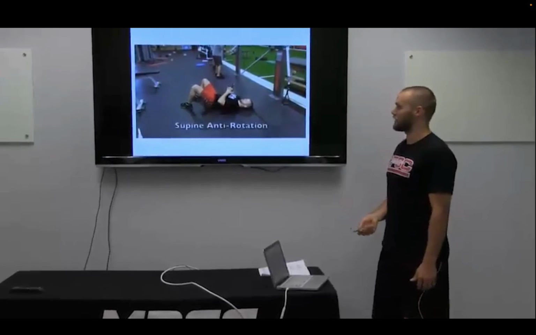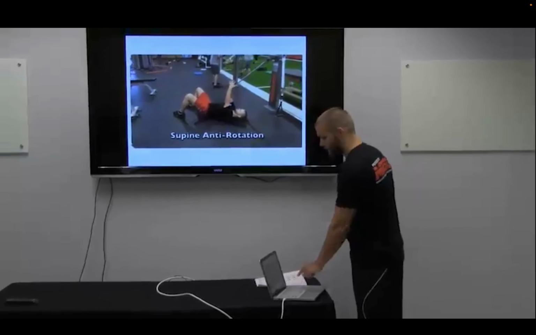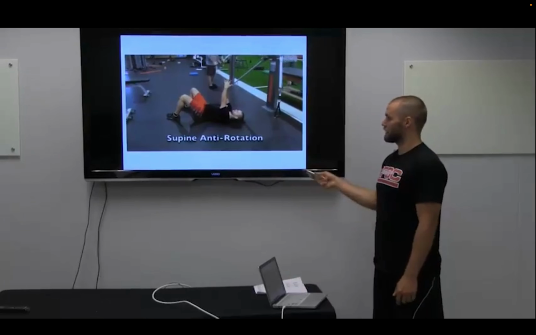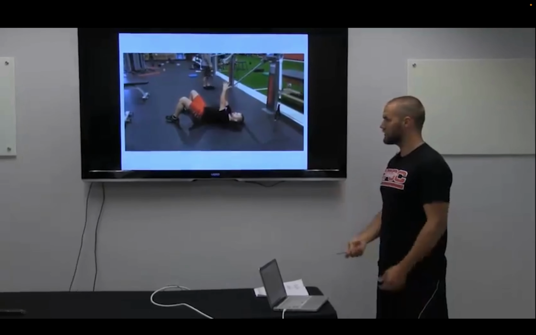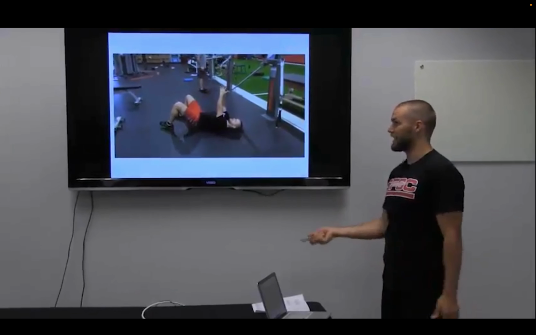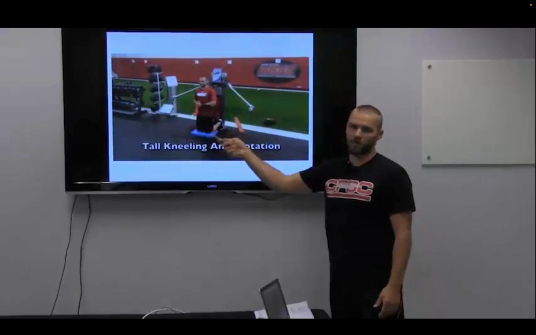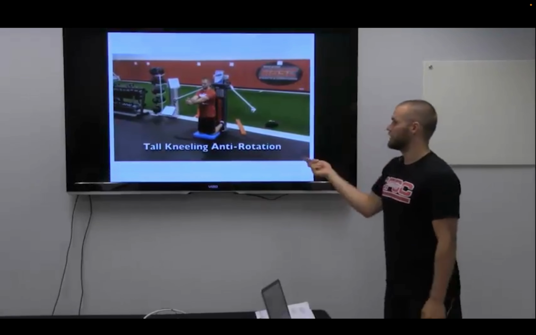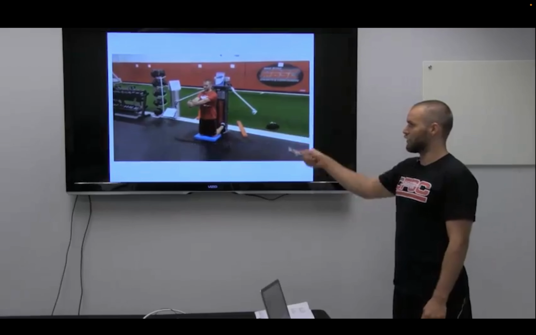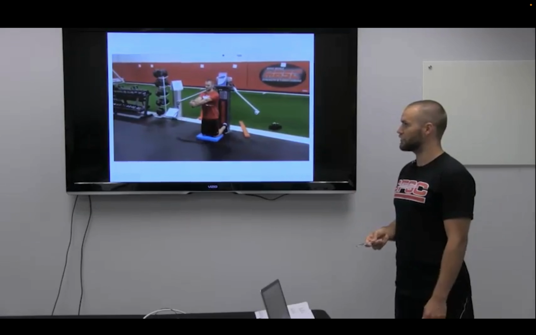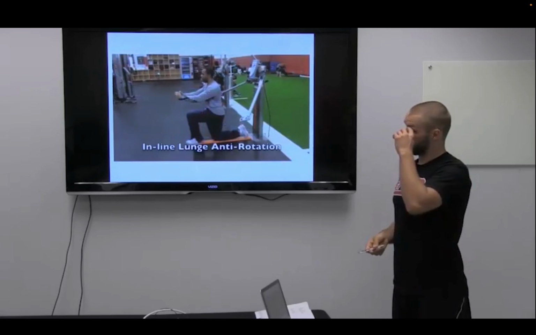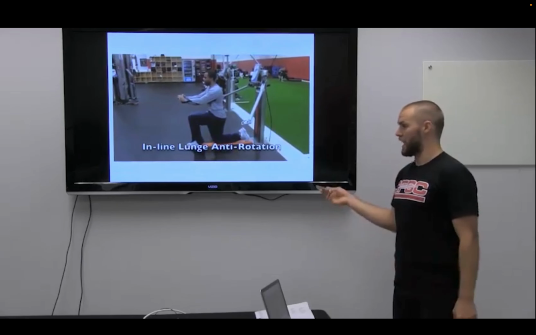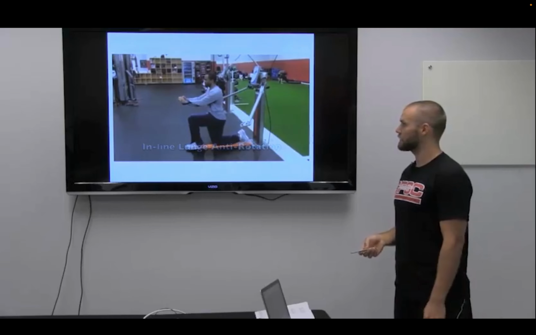And then I just took one of our exercises as an example. So we have supine anti-rotation. So you can do anti-rotation exercises laying on your back. So I have a wide base of support. That makes it much easier. Tall kneeling anti-rotation, I have 4 points of stability. Inline lunge, now we're adding a balance component.